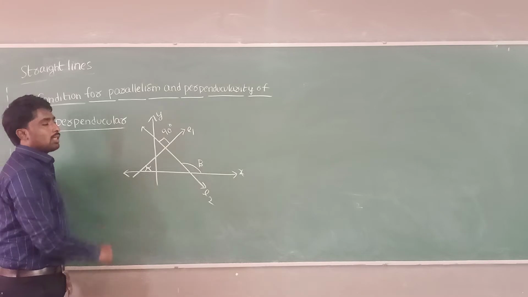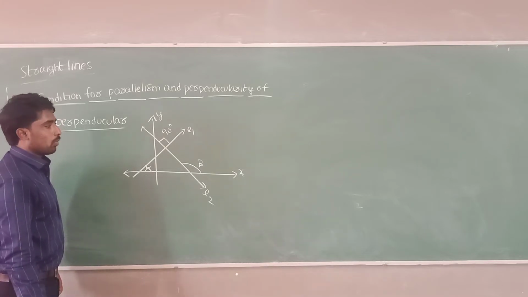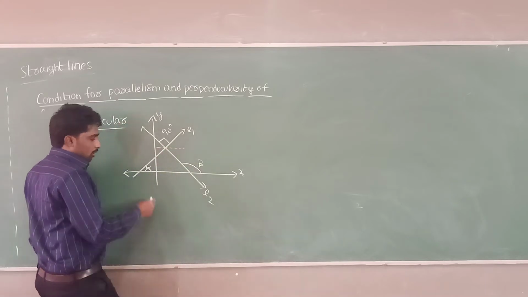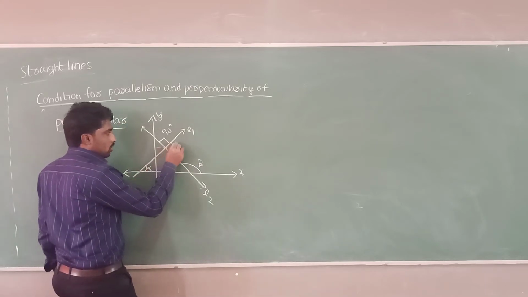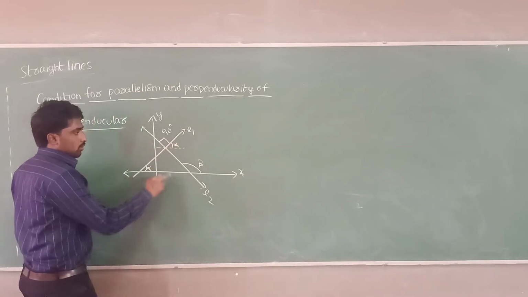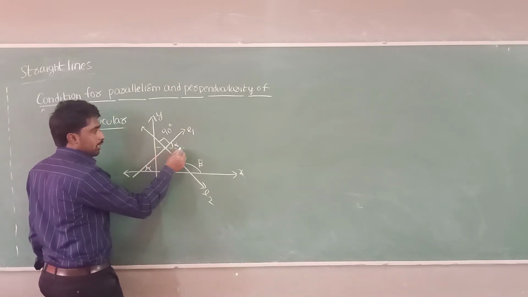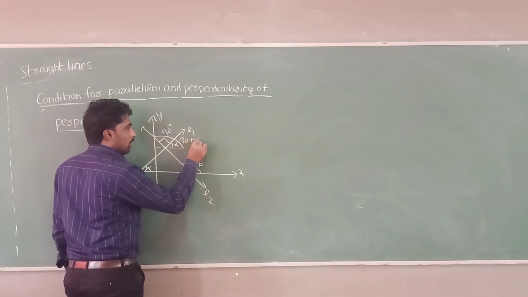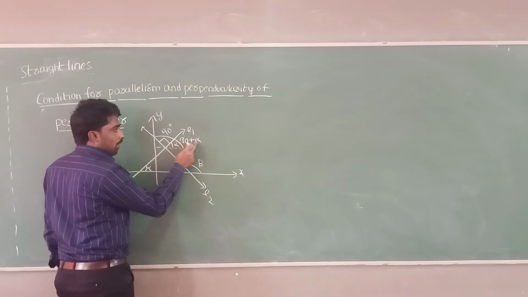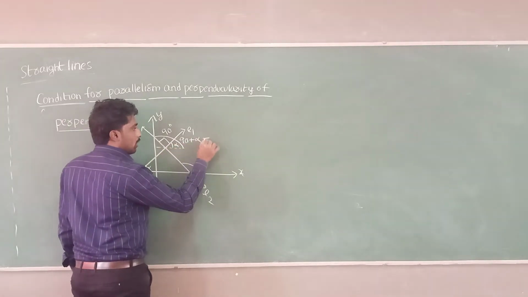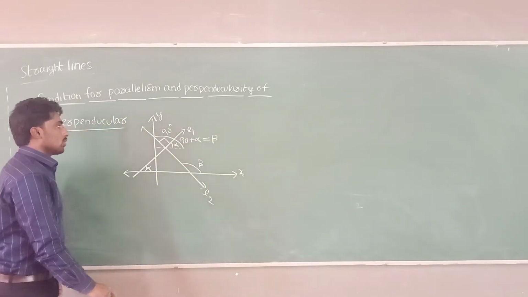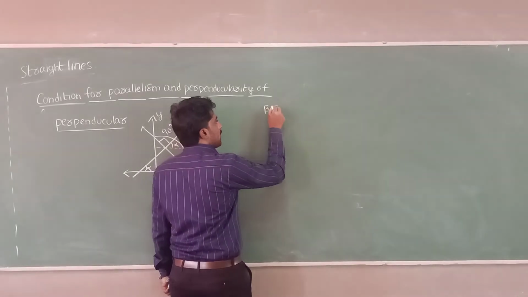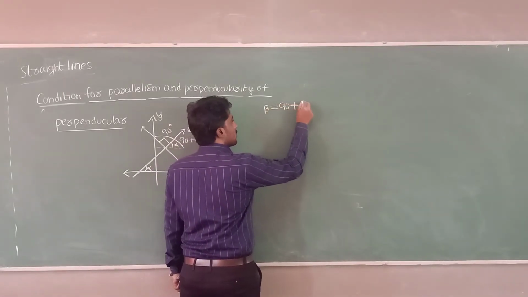Okay. Now, if two lines are perpendicular, what is the condition? How to prove? Okay. So let me take the reference here. On dotted line. If this angle is alpha, this angle also alpha. Okay. So this angle is alpha. This angle becomes 90 degrees. The total angle becomes what we will get? 90 plus alpha. Okay. This 90 plus alpha angle is equal to beta. Okay, is it clear, everyone? So what I am getting here, beta equal to 90 plus alpha.